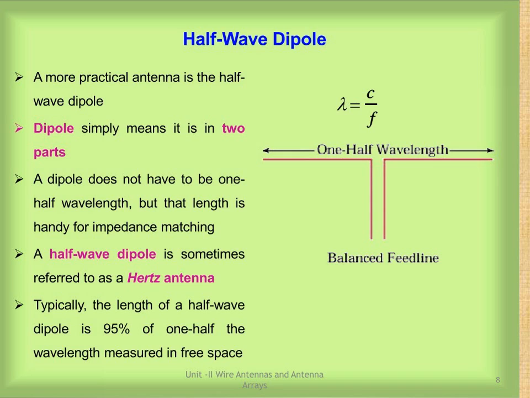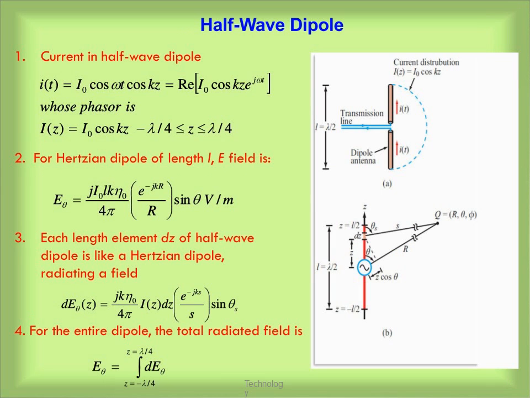Now as we have seen in the previous video, what is balanced and unbalanced. It is in balanced feed where both are connecting to both the dipoles. These are the two dipoles we have. Next, what we are going to derive now is the half wave dipole antenna,